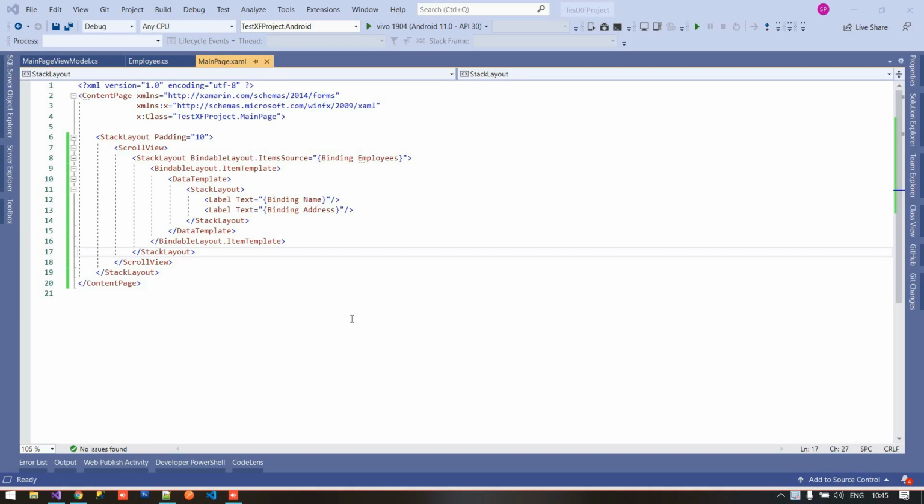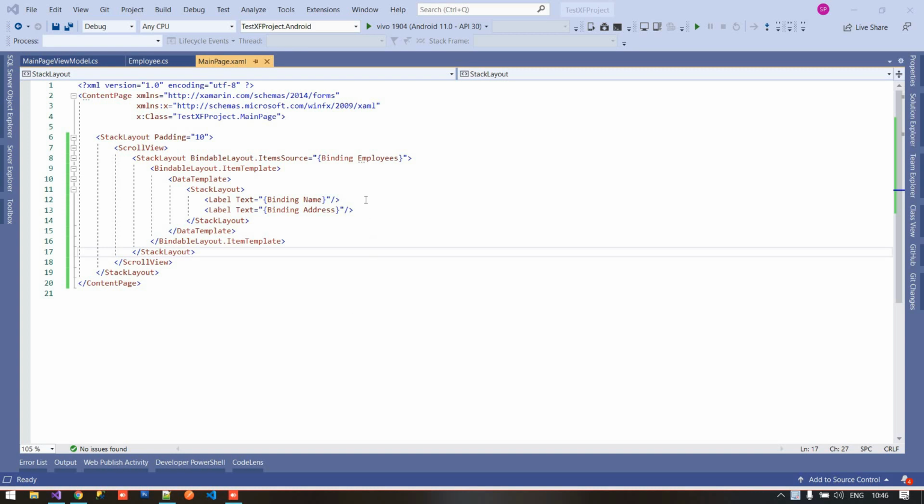In this tutorial, we are going to learn how to use the expandable view inside our list view and collection view and the bindable layout, whatever. So our motive is to learn the expandable view inside our list item. In our previous lecture, we already learned how to use the bindable layout with any of the layouts. Here I am going to implement the expandable functionality inside the bindable layout.